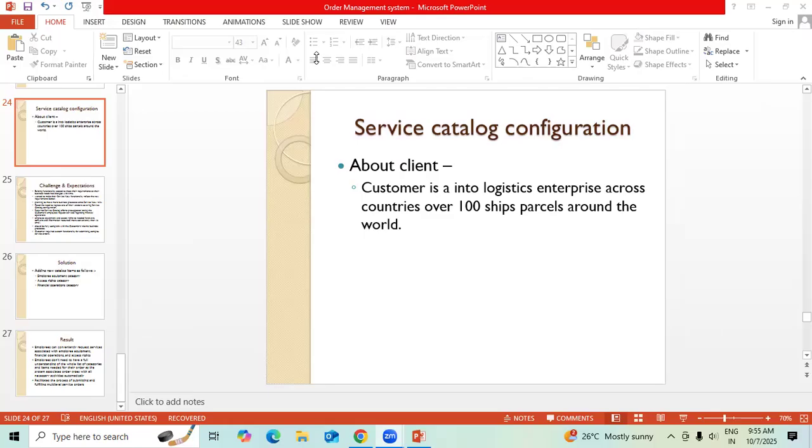Right. So in today's session, we are going to discuss a case study on service catalog configuration in ServiceNow, from the business analyst role. ServiceNow is an application which we majorly use for IT service management, and it can be integrated with different applications also. As a ServiceNow business analyst, we need to understand different scenarios